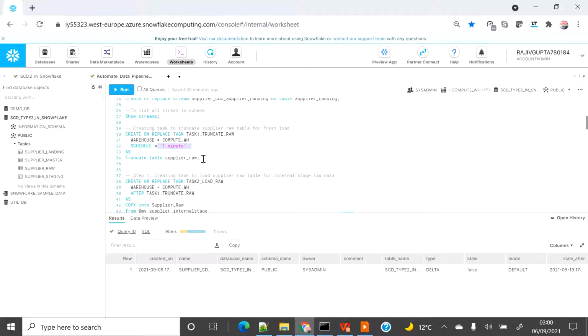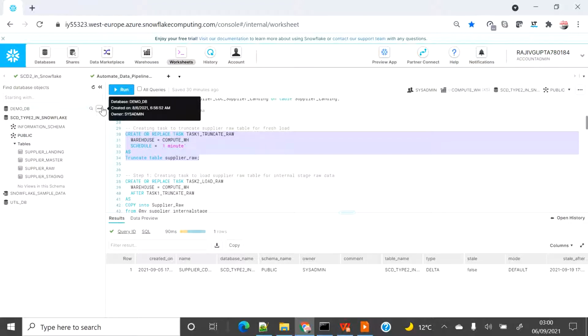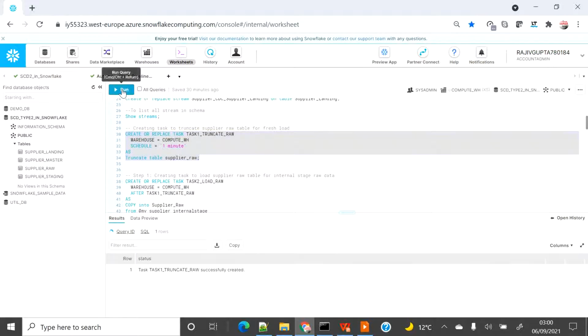But in our case, as we are doing a demo and want quick results, I'm putting it as 1 minute. The only purpose of this task is to truncate the supplier raw table, so that the raw table is truncated and reloaded from scratch. So let's create task 1.